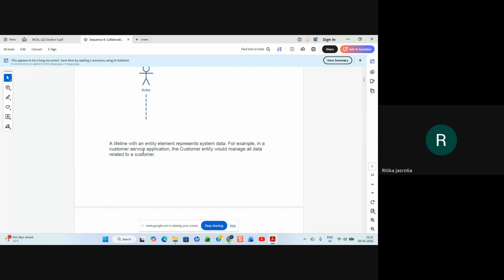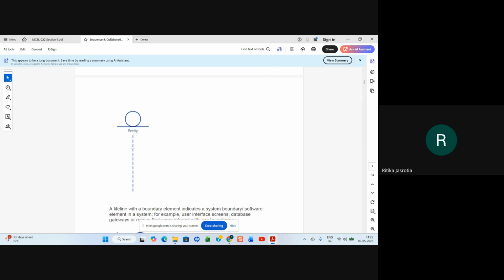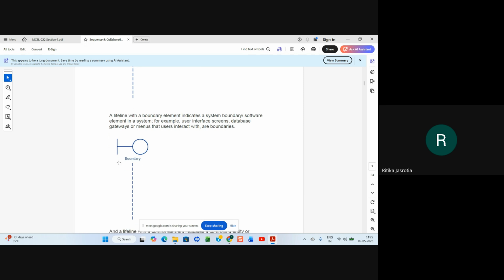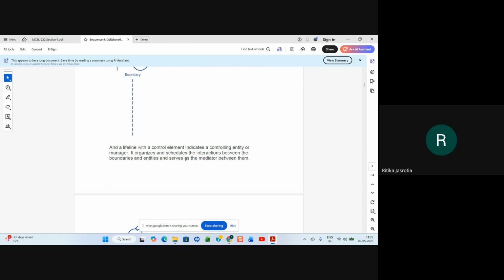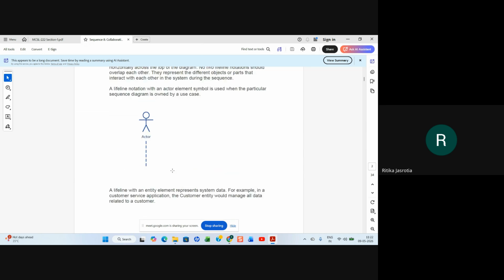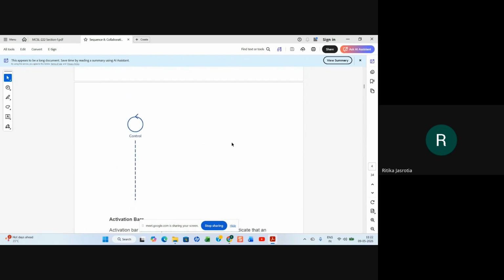For example, in a customer service application, the customer entity would manage all the data related to a customer. So you can make this entity kind of a thing, right? That kind. You also have a boundary lifeline and a control lifeline, but these are not generally used. Generally it is only the object lifeline which is used. So we are concerned with that, right?